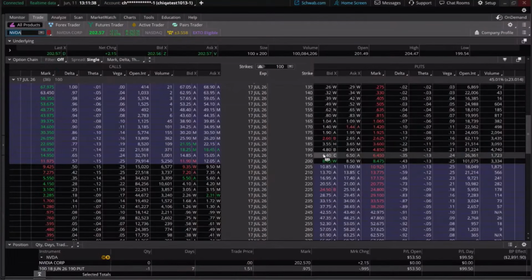Look over here at Nvidia. Now it's a $200 stock, but the spread's substantially lower, tighter, I should say. Look over here with me. That is a 5 cent spread. Amazing. Let's keep going. 4 cent spread. Now, how does that happen? 4 cents? That's right. You can get a 4 cent spread in there too. 5 cent spread on a $200 stock.